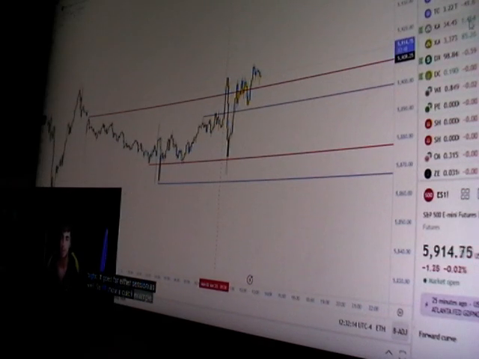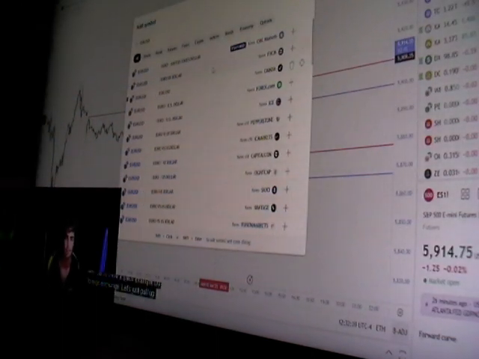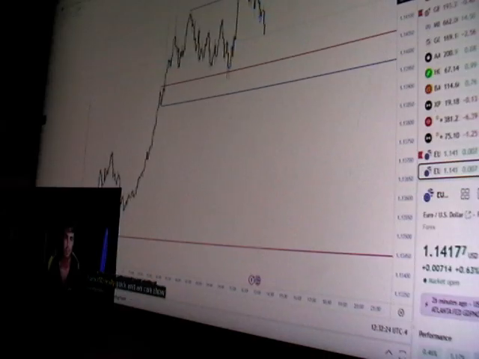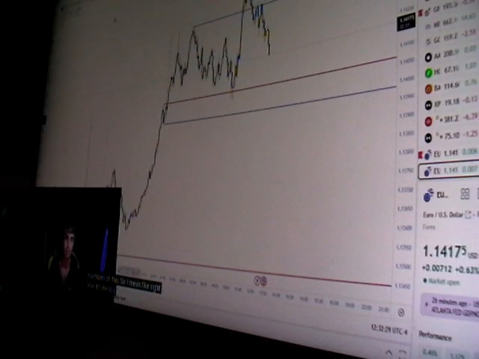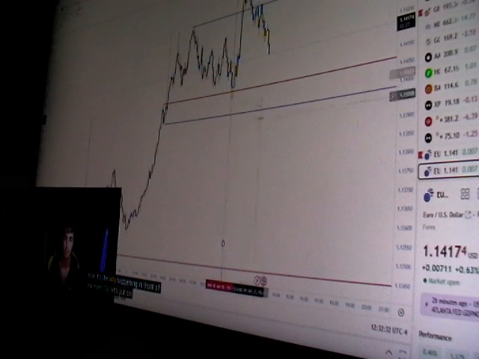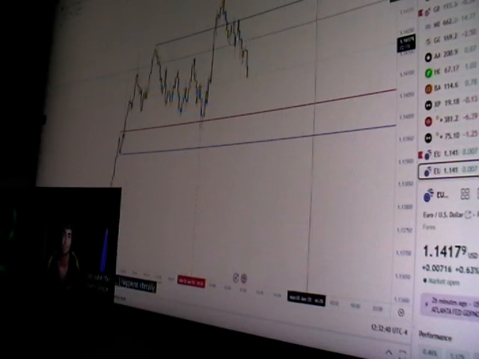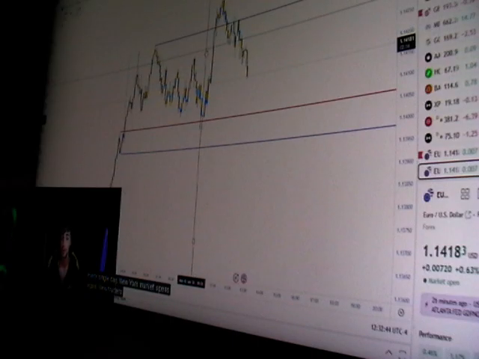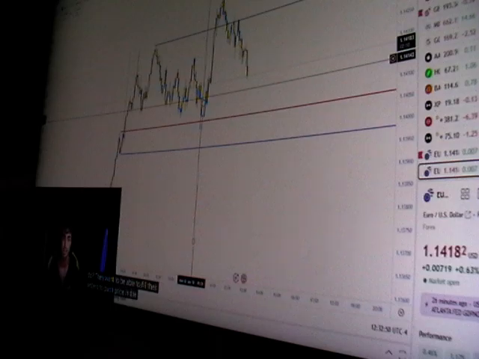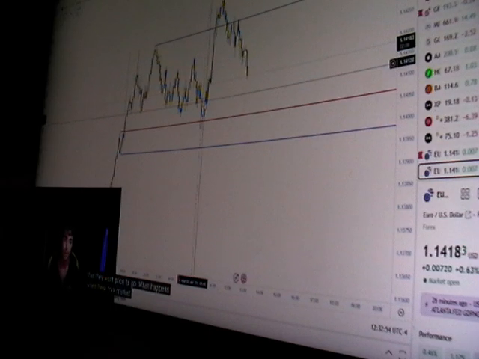So I'll show a quick example on foreign exchange. Let's just pull up Euro USD really quick, and we can show examples of this. So, I mean, right now, it's literally happening in front of our eyes. So let's put on, boom. This is New York market open. It's awesome because this happens literally every single day. New York market opens. Again, new traders are coming into the market. What do the new traders want to do? They want to be able to fill their orders to push price in the direction that they want price to go. What happens when New York market opens? Boom, they push price up here.